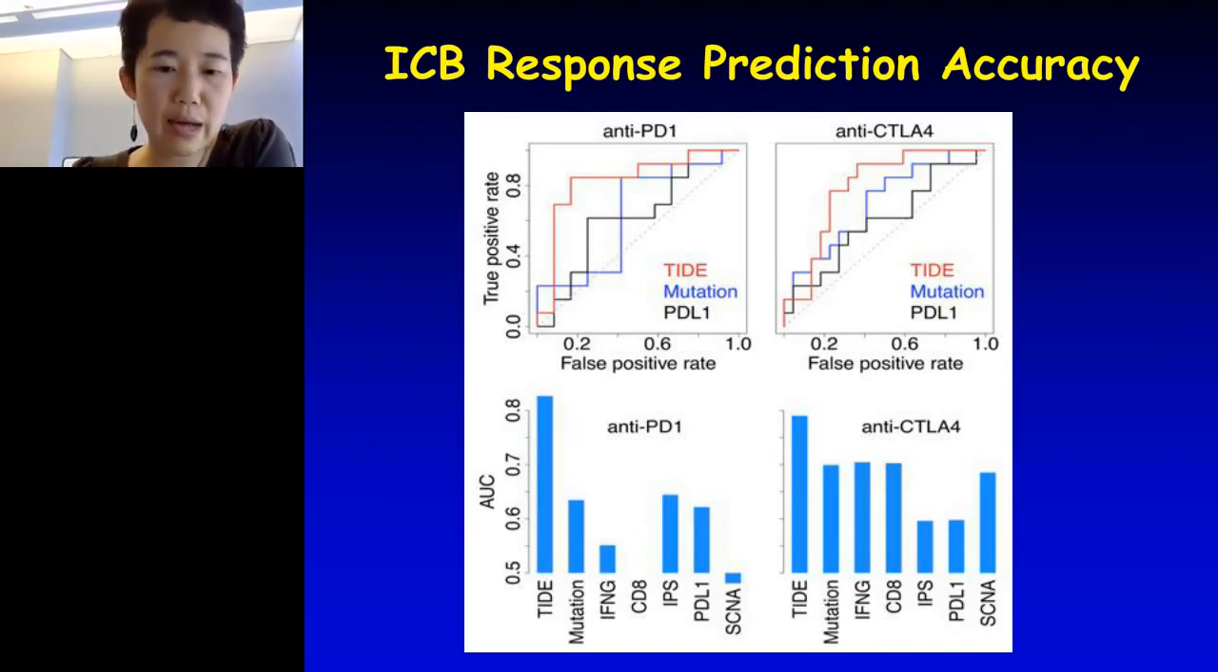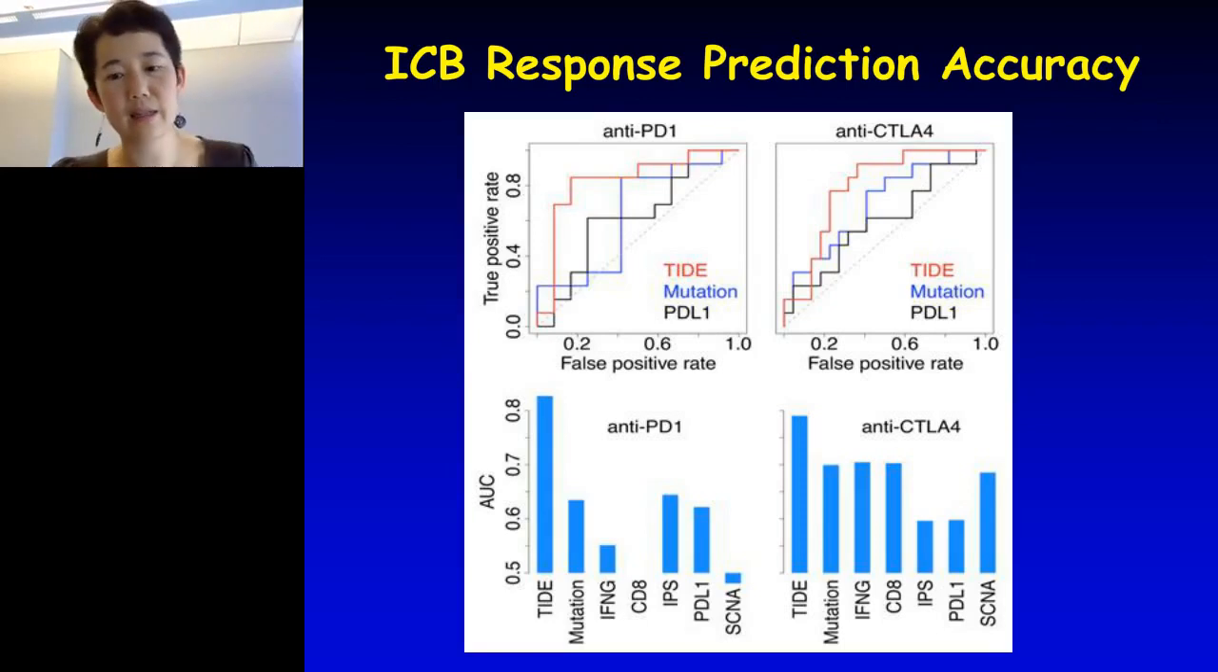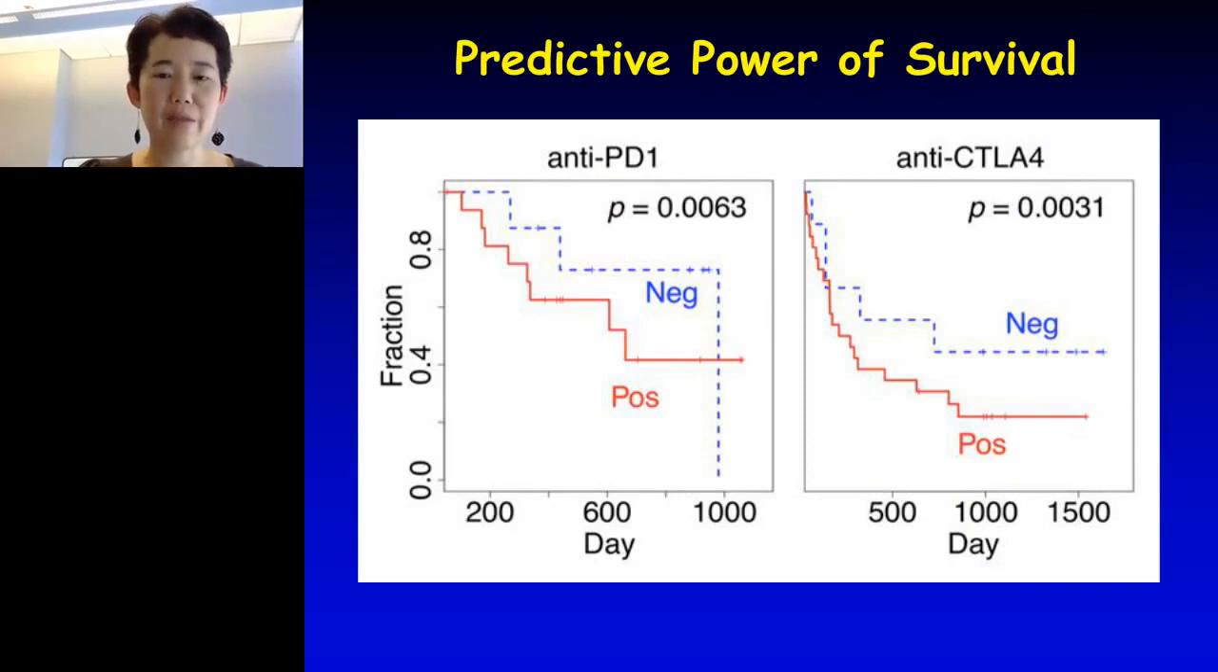We also look at other potential markers that people have discussed, including interferon gamma levels, IPS, which is a computational method, and somatic copy number changes. In these other methods, in general, we see each is promising to a certain degree, but this TIDE model performed the best. Not only can we predict the response, we can see the overall patient survival of the